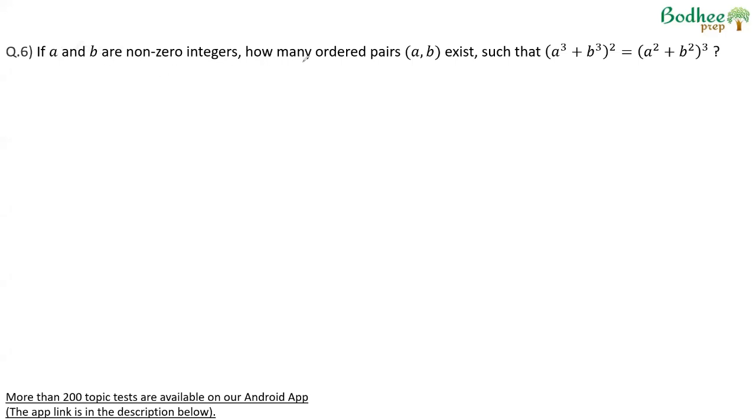A and B are non-zero integers. How many ordered pairs A and B exist such that (a cube plus b cube) whole square is equal to (a square plus b square) whole cube? Now, if we expand the square here, we'll get a cube square plus b cube square plus 2 into a cube b cube. If we expand the cube, we'll get (x plus y) whole cube is x cube plus y